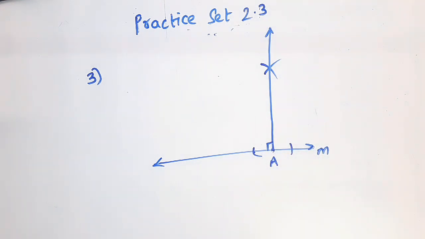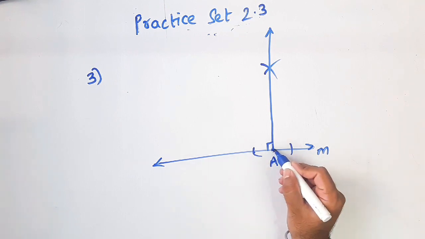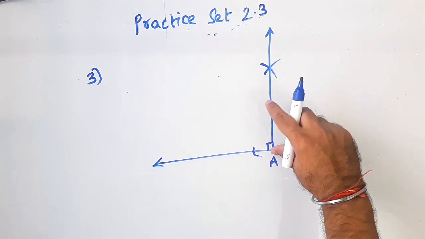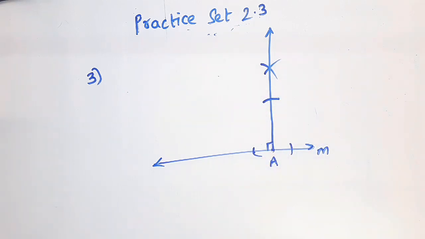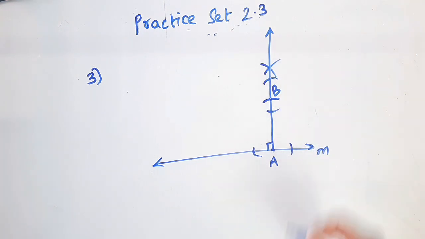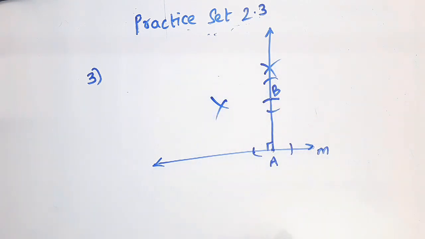Then we are asked to draw a parallel line which is 4 centimeter away from this line. So from point A, take a radius of 4 centimeter. On your rounder, take 4 centimeter and draw the arc. Let this be point B. Now you know the steps of drawing a perpendicular line from a point on the line. Again you will follow the same steps. From B, draw two arcs. From here draw one arc, and from here also draw one arc.